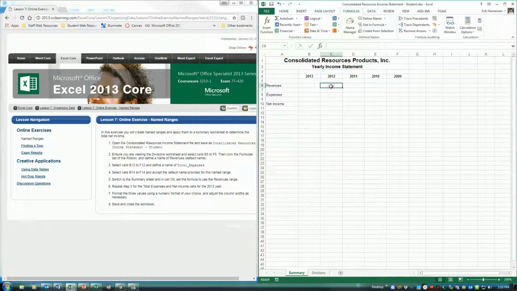And for 2012, we can use them in the formula. So I can hit equals, and then to use in formula, we'll select revenues here. Just hit enter. Same thing with expenses, although you can just click total expenses and it'll automatically add the equal sign there for you. So either way, I'll add net income, hit enter,